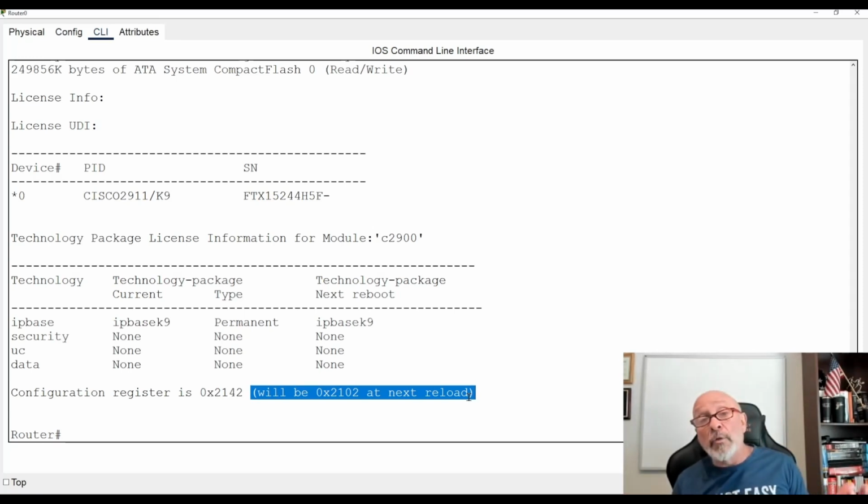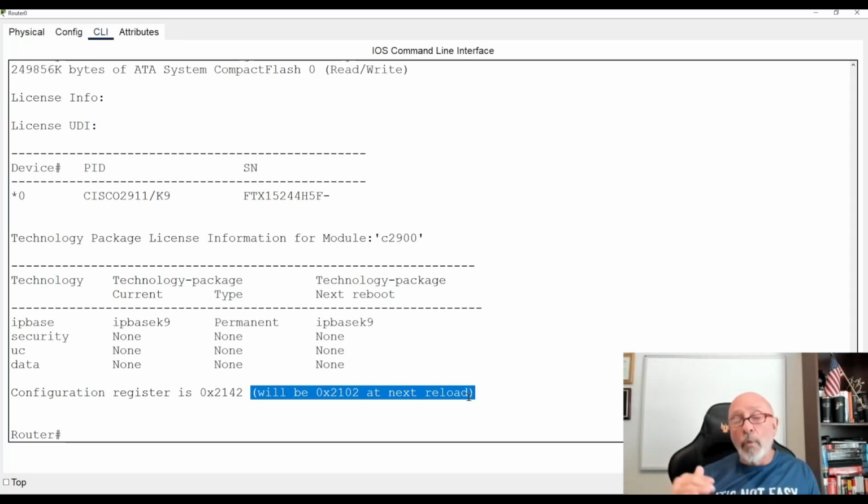So maybe somebody was doing some work on the routers, they needed to be in there for whatever reason, and they just never changed it back. So if you boot up to ROMMON, no configurations are going to load. Something as simple as this: you boot into ROMMON, config 0x2102, enter, reset, boom, done. There's all your configurations. That's the way it is. That's why this is important.